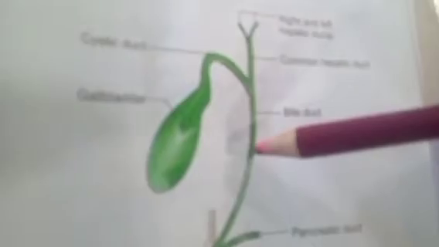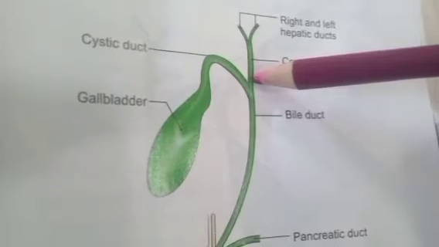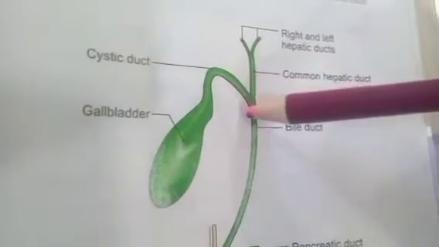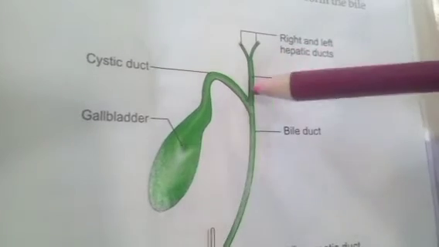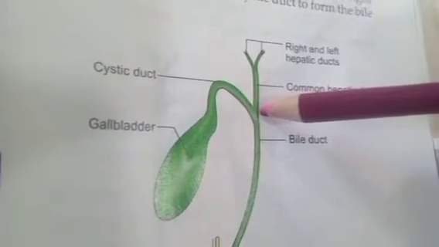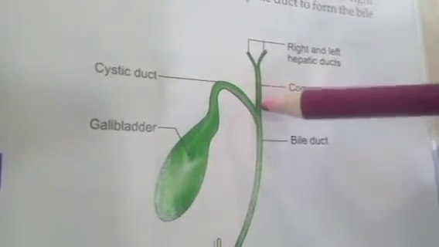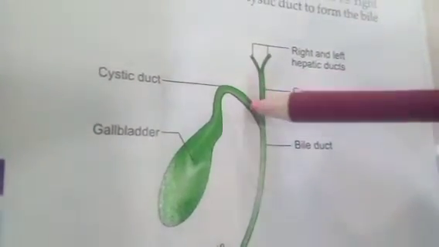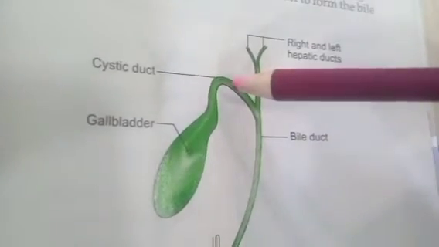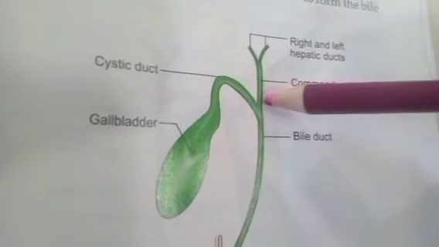There could be some variation in the formation and termination of the bile duct. The bile duct is usually formed by the union of the cystic and common hepatic duct near the porta hepatis. But this union could happen behind the first part of duodenum or behind the head of pancreas. This is first variation. Secondly, normally cystic duct joins the common hepatic duct at an acute angle on the right side. But as a variation, cystic duct passes in front or behind the common hepatic duct and joins with it from its left side. This is second variation.